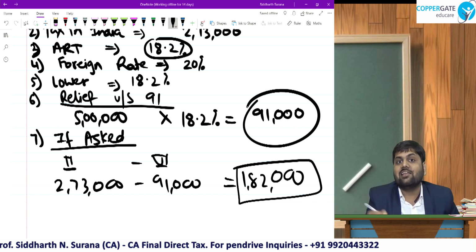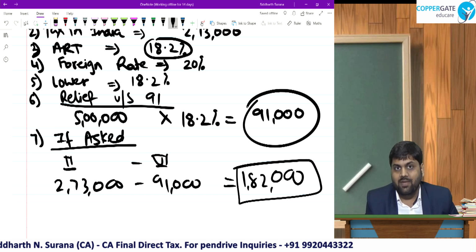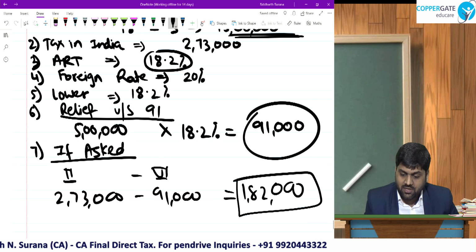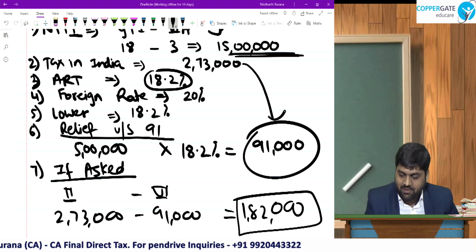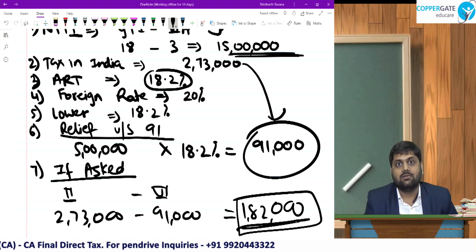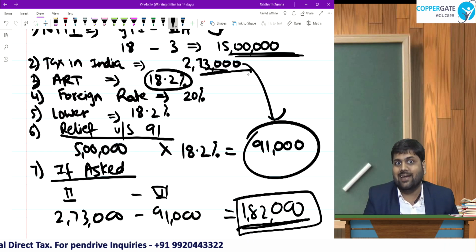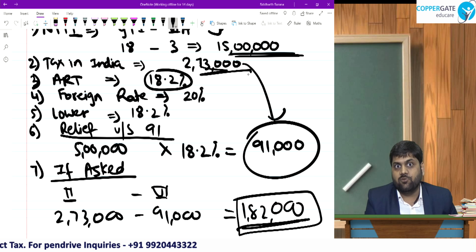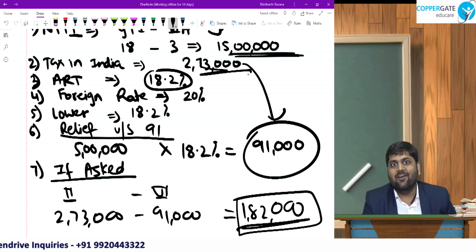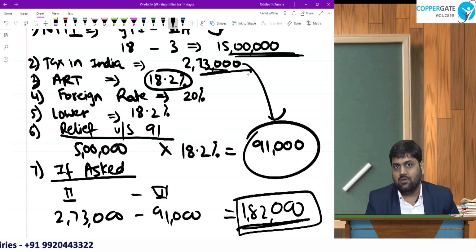Option 2, I will calculate 8 lakh into 18.2 and make that an option. Option 3, I will subtract 273 minus 91, and that's the correct answer. Option 4, I will subtract 273 minus 8 lakh into 18.2, which was wrong relief and therefore wrong final tax. This is how I have made my MCQs, and you be very careful about what is asked